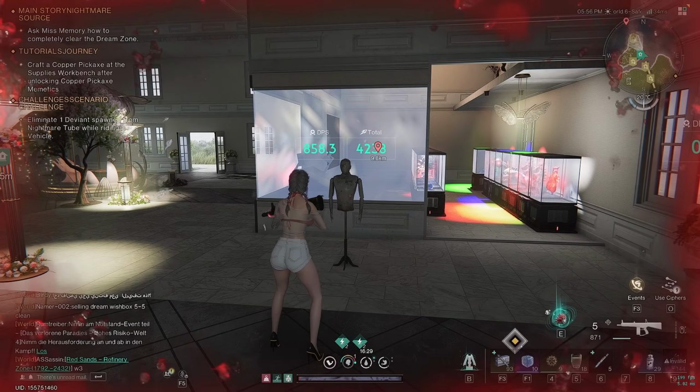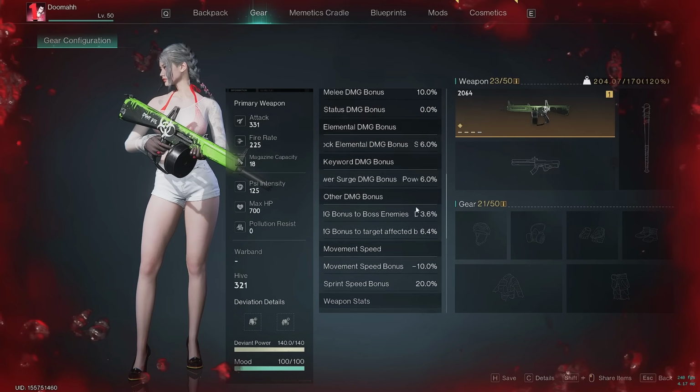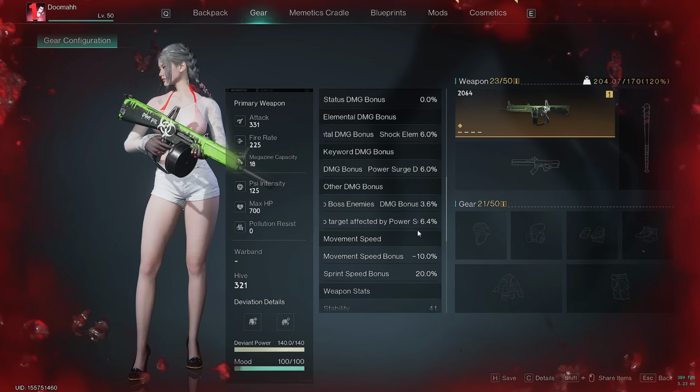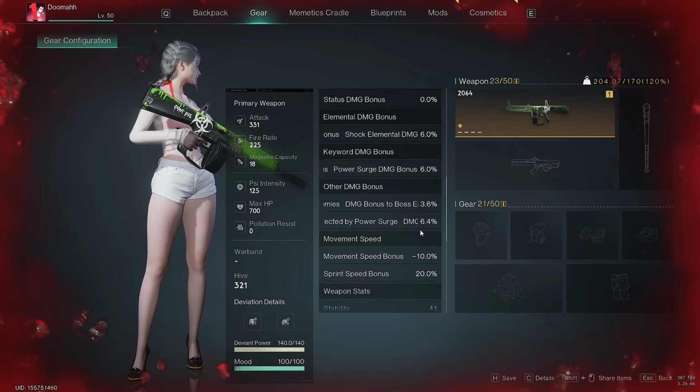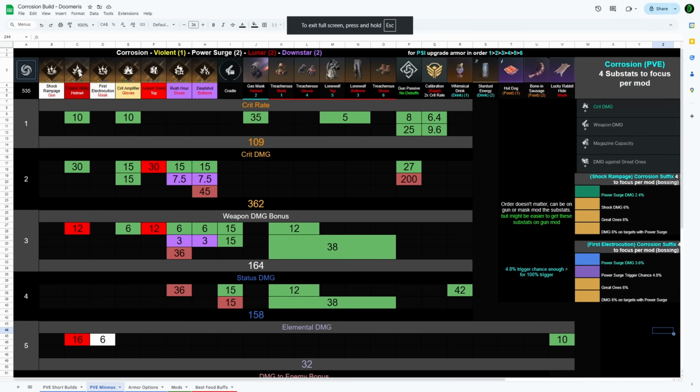379. Perfect. So now you guys know what the damage 6.4% on targets with Power Surge does. As soon as you trigger Power Surge, you get that 6.4% on targets with Power Surge increase. It is a different multiplier. It doesn't go in the same multiplier as boss enemies, normal enemies, or elite enemies. It's just a separate multiplier, which if you have 8% on both mods, you're technically getting 16% extra damage for free. All right, and lastly, the most important one now, on the Lunar Helmet mod,